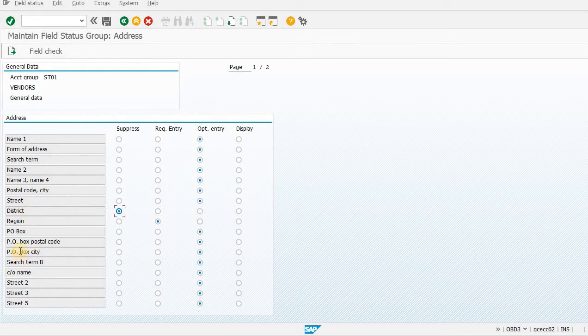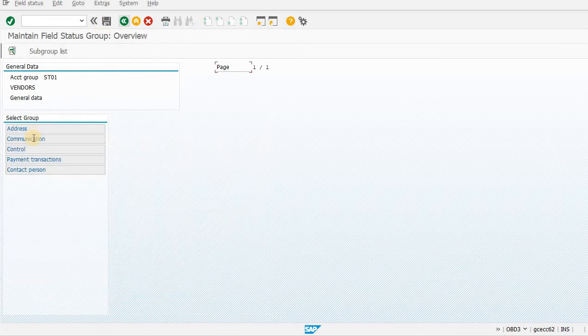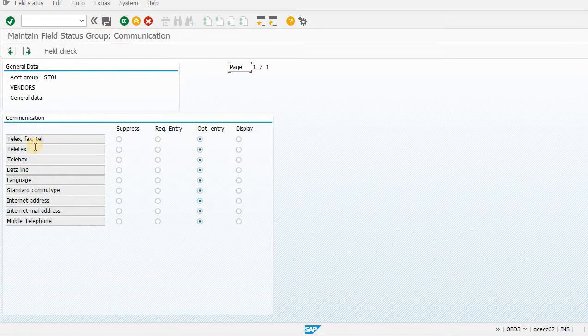Now the district name will not appear. In India, the PO box is not familiar, so we can hide it; it will squeeze our form. Now back, communication: teletex not required, telebox not required, data line not required, language may be required.